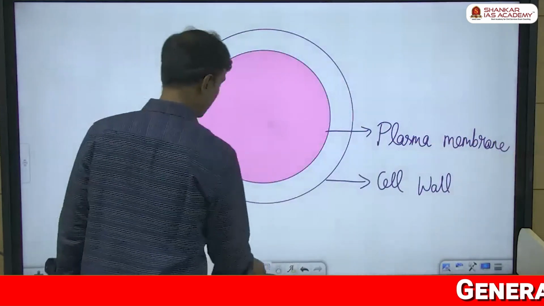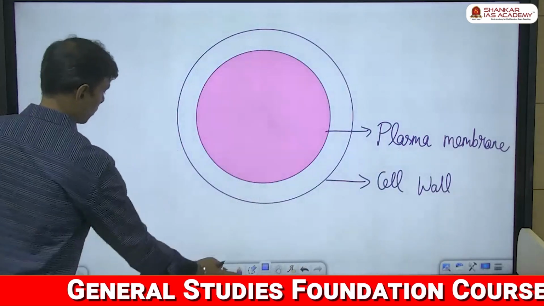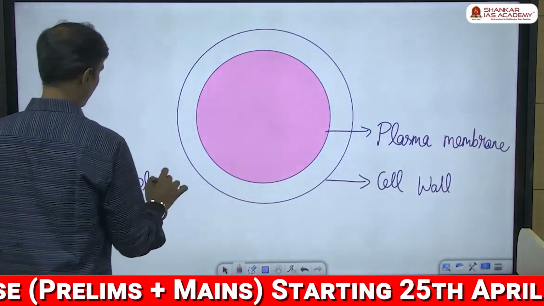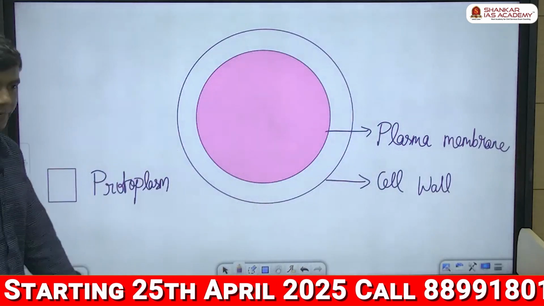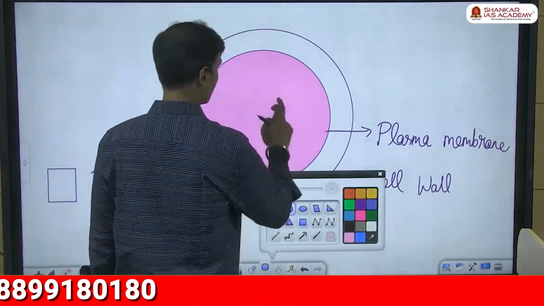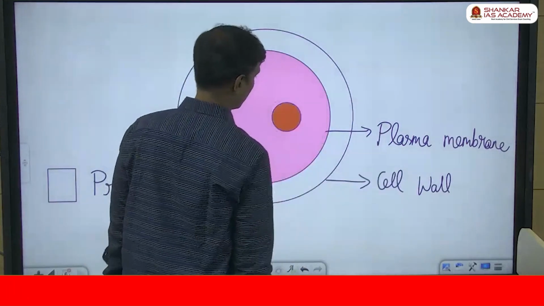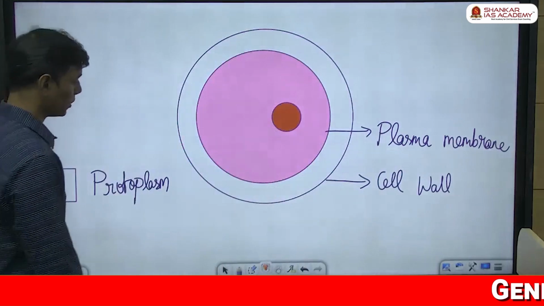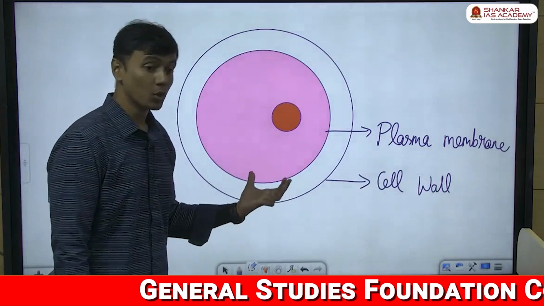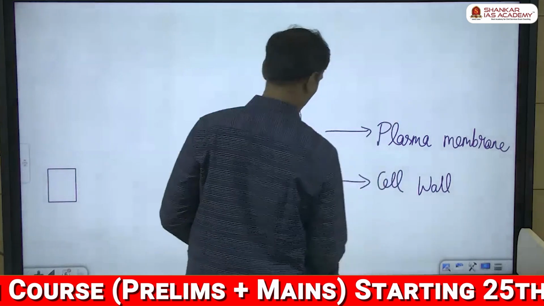This entire content that you see here will be called protoplasm. So the entire content of the cell will be called protoplasm. Then, which is the control center of the cell? Nucleus. Let's say this is the nucleus. Now, please observe carefully: the entire content is called protoplasm, correct? Then this is the nucleus. I'm writing, the control center is called the